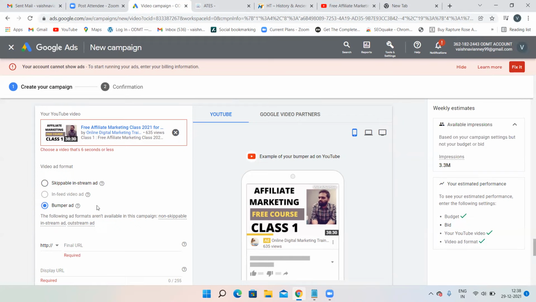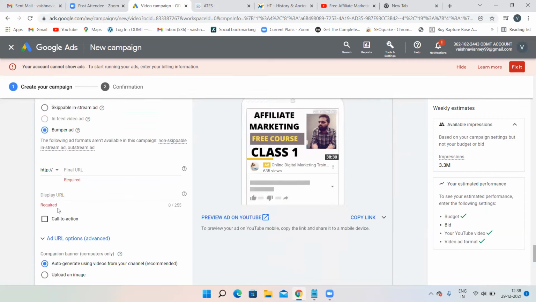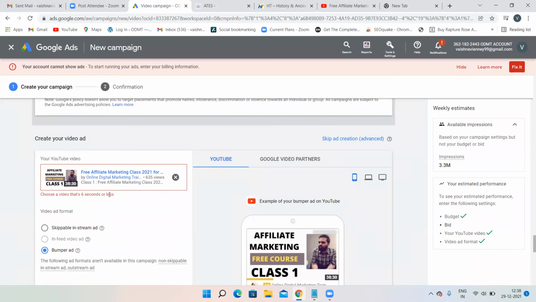But now, because I have changed the bidding type to target CPM, that is cost per impression, bumper ad is getting highlighted. Bumper ad or 15-second ads, when they appear, that is known as an impression. If the impression happens, then money will be deducted from the advertiser. So if you want to go for bumper ad, you have to select the bidding type as target CPM.